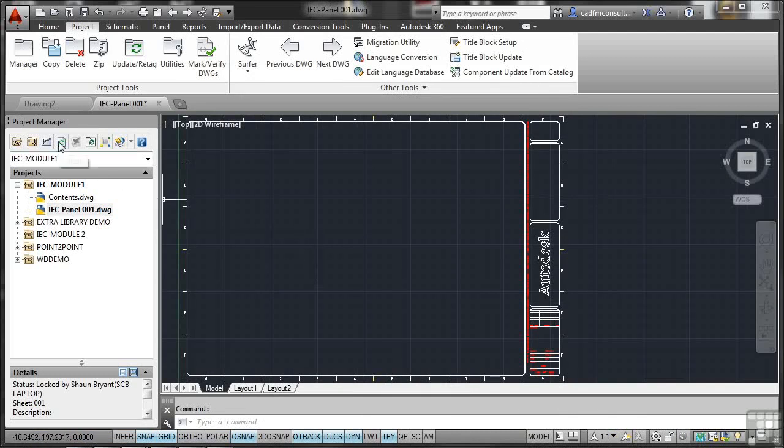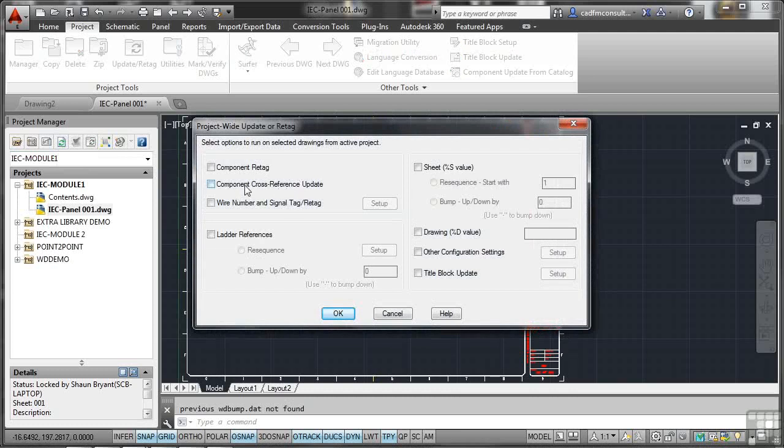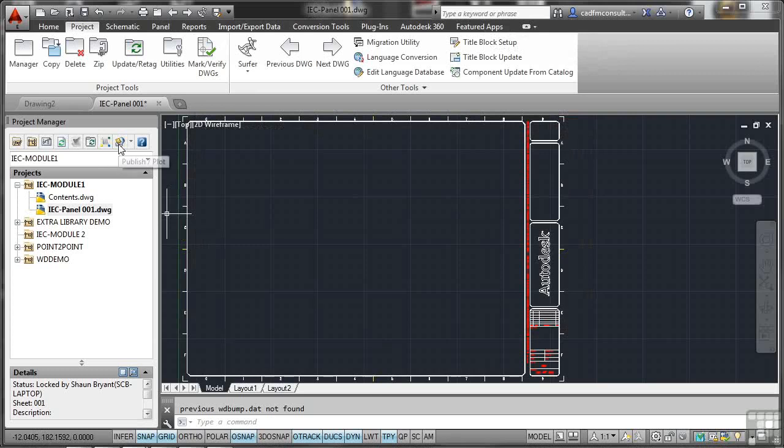We can actually refresh the project. It may be that people are working on other drawings in the project. What I can also do here is do a project-wide update retag. So if I do that, I might need to change components, component cross-referencing. I might need to wire tag, number, and signal tag and retag. I can go and set all of this up if I want to from a project level rather than a drawing level. What I can also do is publish and plot projects in their entirety if I want to,